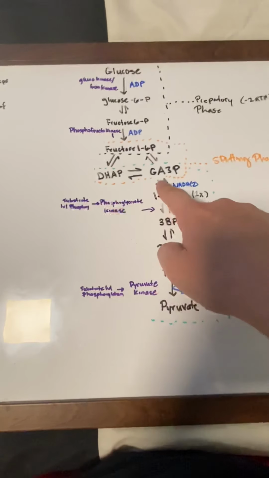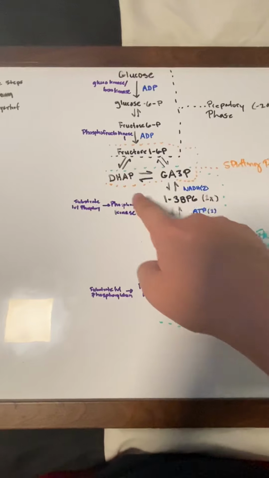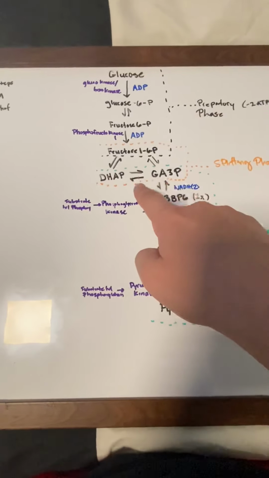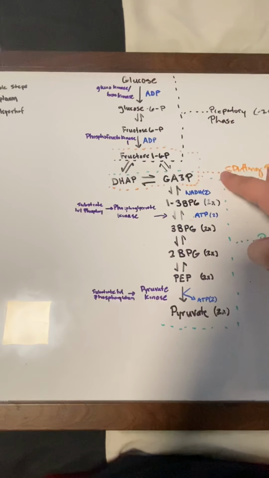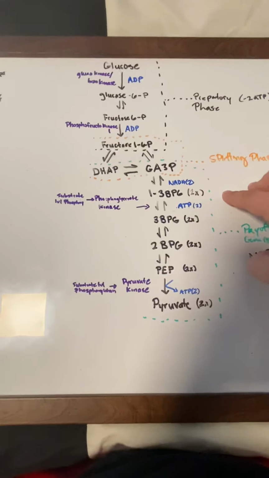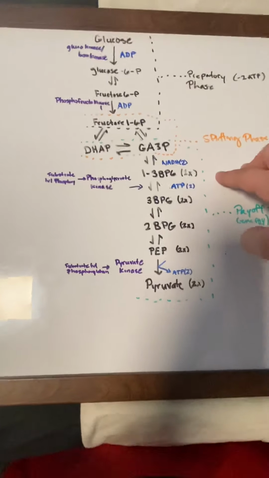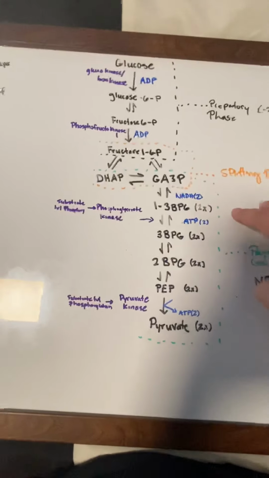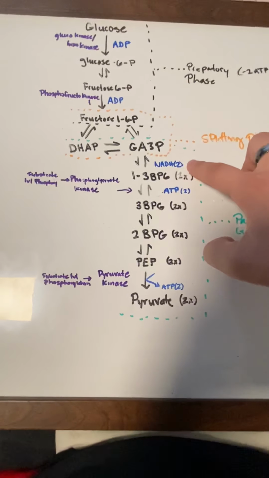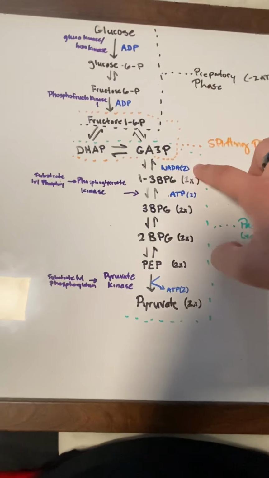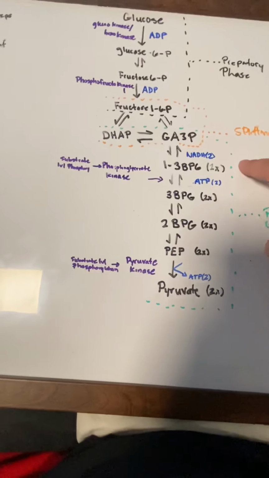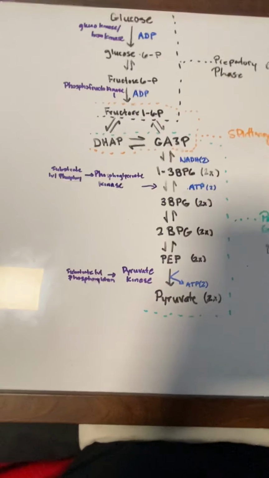So we have DHAP and then GA3P. From there, DHAP and GA3P, they can interchange with each other. And so from GA3P, it can turn into 1,3 BPG, excuse me. And in that process, it creates 2 NADHs. And then from there, from the 1,3 BPG,